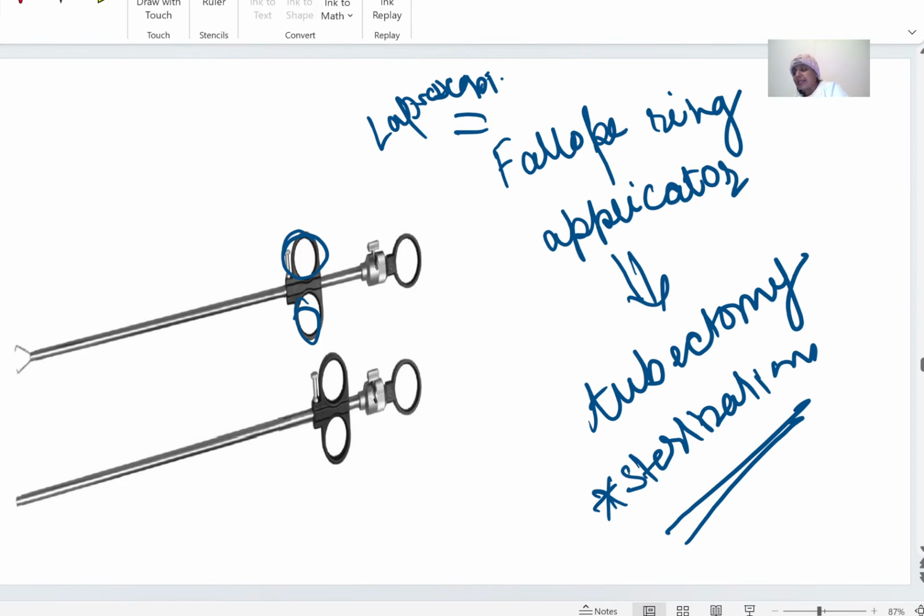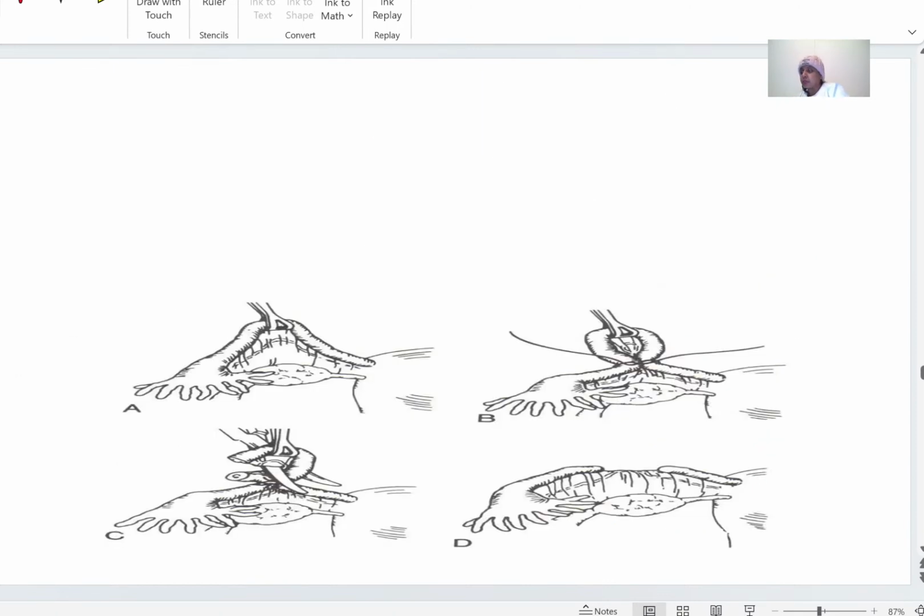Which part is non ligation? आप सबने सही किया था आज क्विज में, isthmus. Okay, what is this procedure? What is this procedure? Mini lap, mini lap, ठीक है। प्रोसीजर का नाम बताएंगे।